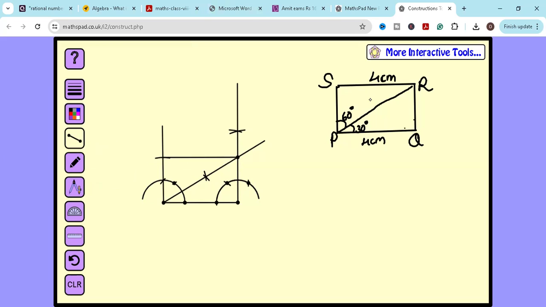Now ultimately we have to label it. Whenever you get something extra like this, you make it as an arrow. This looks beautiful. Okay, so this is your 60 degrees. Okay, this is 4 centimeters. Of course, you have P, Q, R, and S, and that's your